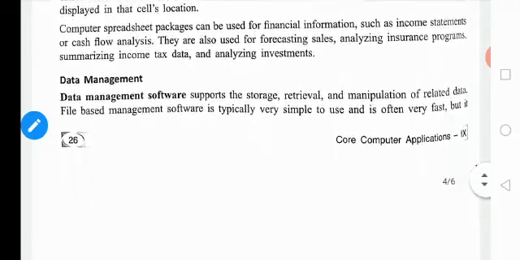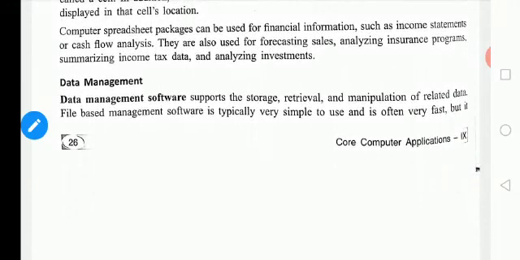Then data management. Data management software supports the storage, retrieval and manipulation of related data. Data management is nothing but the process done to the data. First it will be created, then stored, then later retrieved for future use. So all these processes come under data management.